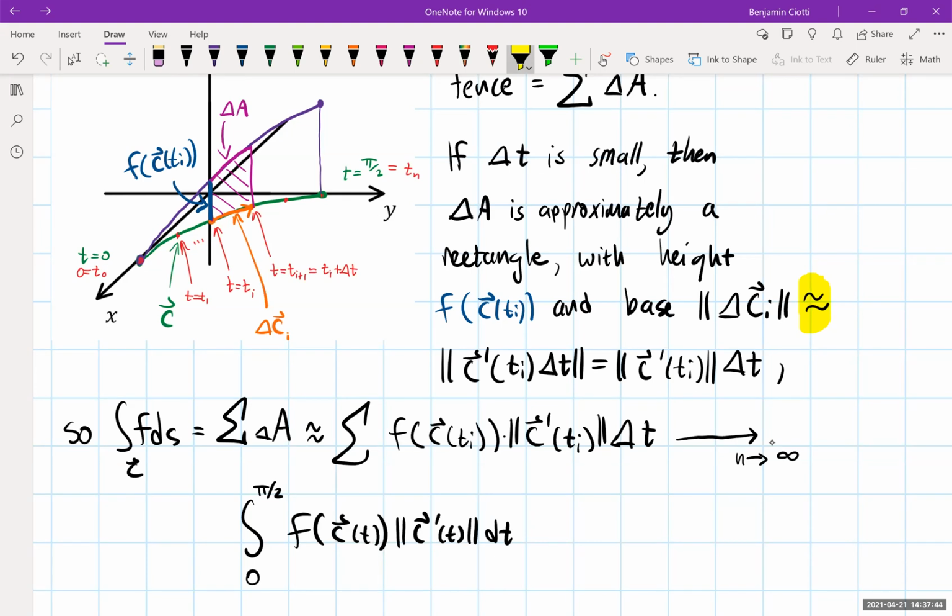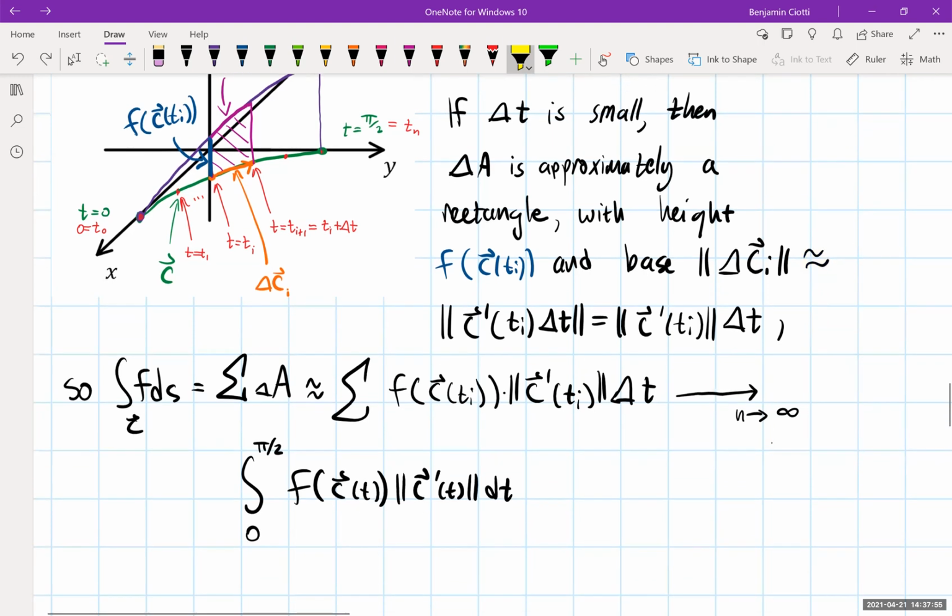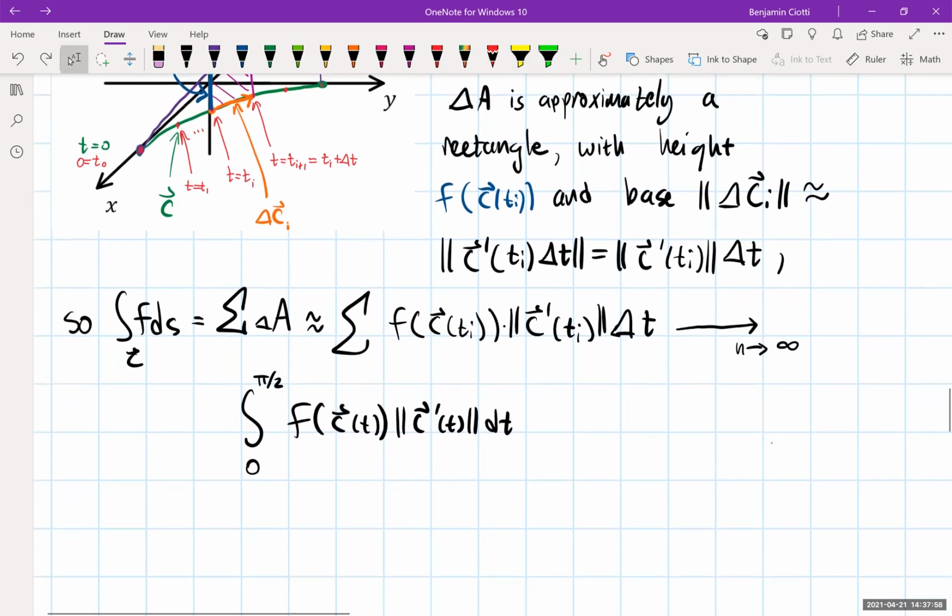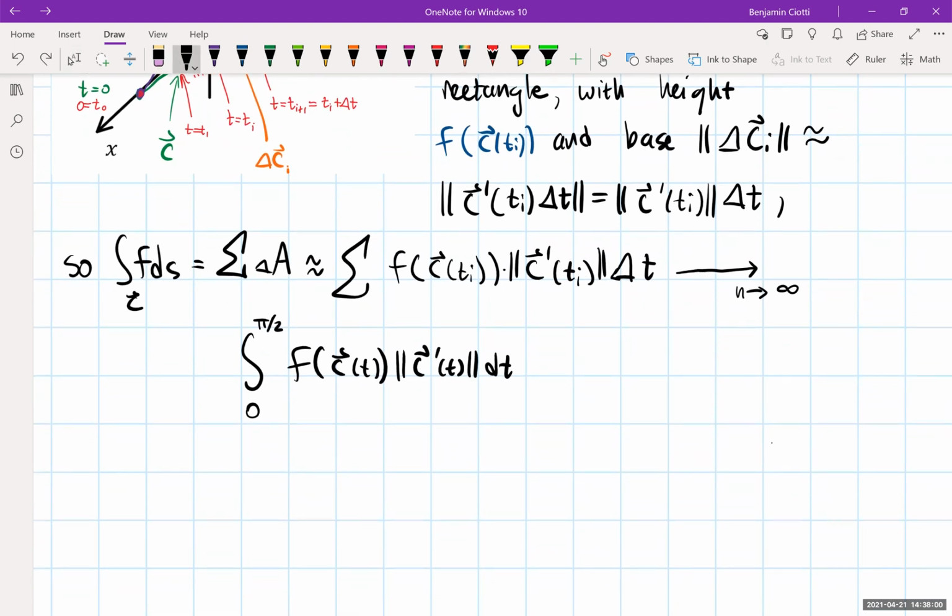So like I said, that probably is a bit confusing to some of you. Some of you may be wondering why that's true. And I can show it more rigorously in office hours if anyone wants to see why that's the case. For now, I'll just leave it at that. So finishing off this question, let's do the actual computation. In our case, we will have that this is the integral from 0 to pi over 2 of, let's see, f was,